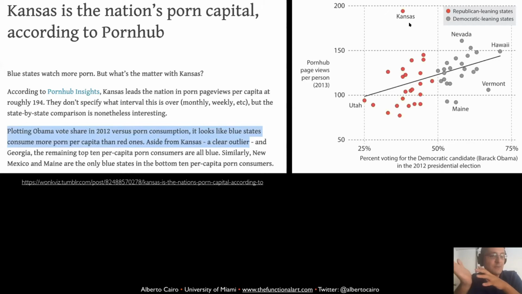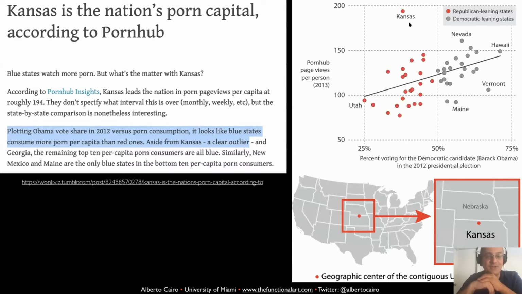Well, I don't know how they deal with that at the moment, but apparently in the past, what they did in their data set is that if they couldn't locate your position, the position of your computer, your IP address, they defaulted you, the Pornhub consumer, to the geographic center of the continental United States, which happens to be in Kansas, very close to the border with Nebraska. Nobody lives there. There are only cows and grass over there. But many people were located in that point just because they were defaulted to that position. They were using VPNs or other methods to mask their own position.